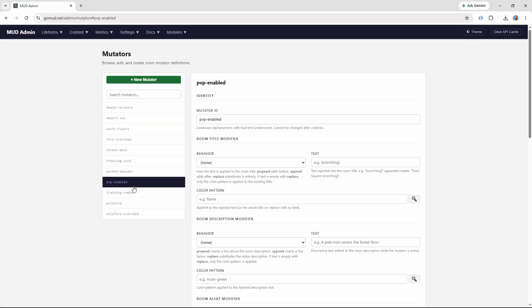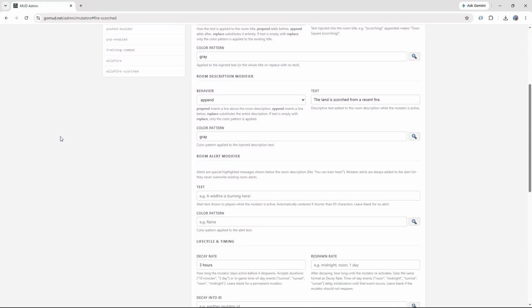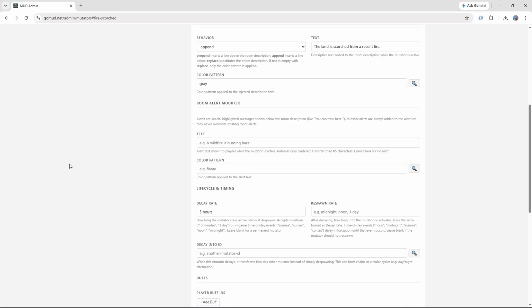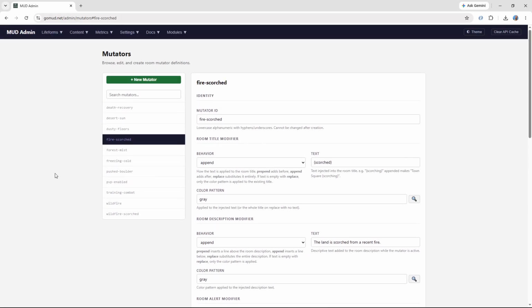Mutators are essentially things that can be applied to rooms either temporarily or permanently, or on some particular event, and they'll modify the text of the room. Maybe they'll apply different buffs. For example, let's say I have one that's